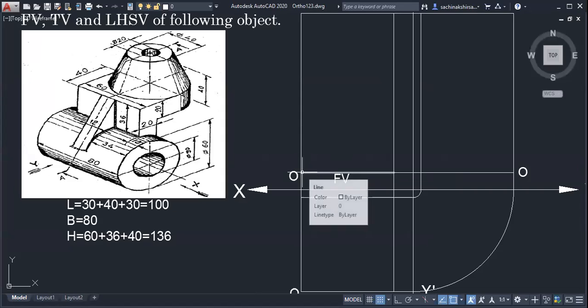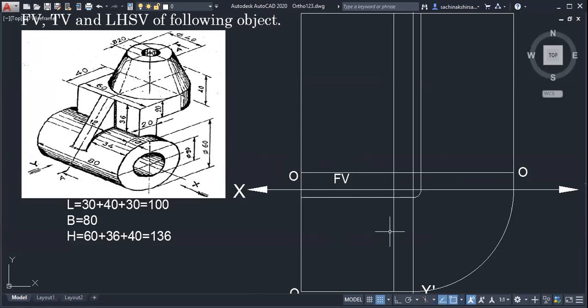O is with me, so vertical and horizontal. How much distance should I move to draw the circle? What is the diameter of the cylinder? 60.